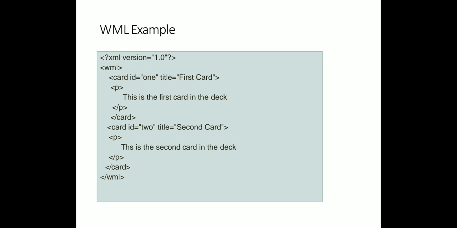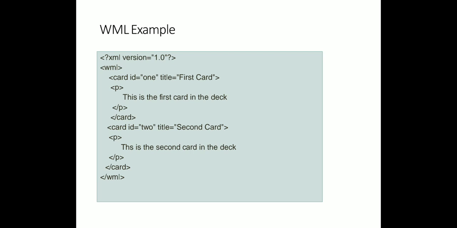So we'll see one example. Here I started the XML version 1.0. So the document prologue is enabled here. Secondly, the body part is started with the WML tag pair. In that WML tag I have used a card. The card ID is given as 1 and the title is given as first card. In the paragraph, the text is written as this is the first card in this deck. And that particular card is